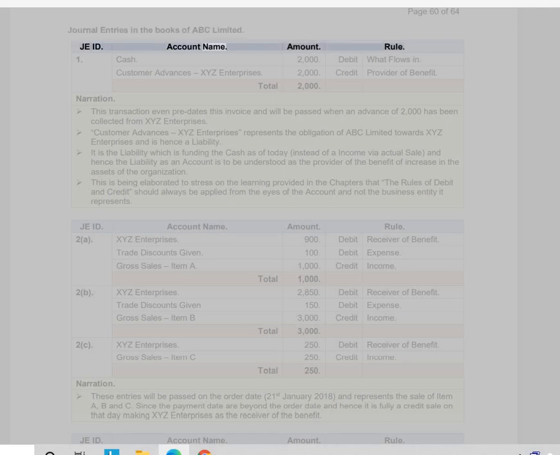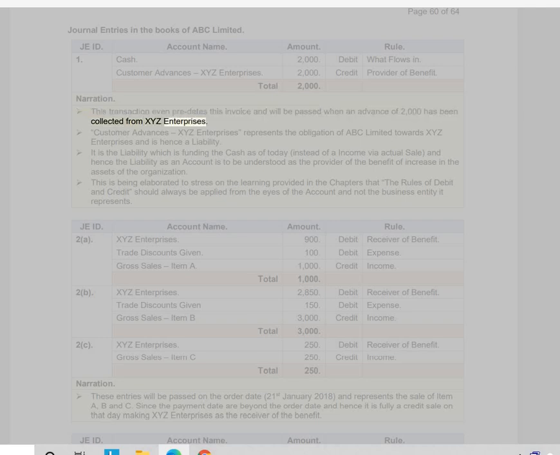JEID, account name, amount, rule. 1. Cash, 2,000, debit, what flows in. Customer advances, XYZ Enterprises, 2,000, credit, provider of benefit. Total 2,000. Narration: This transaction even predates this invoice, and will be passed when an advance of 2,000 has been